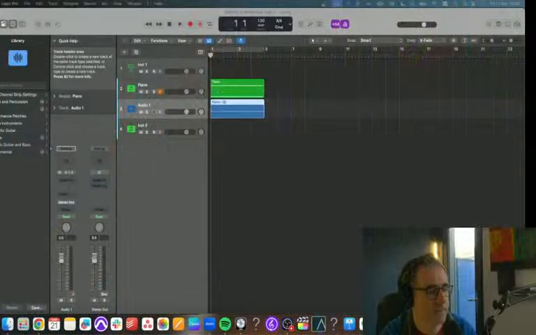And then I am going to open up an audio channel. Doesn't matter what input it is. I'm going to be importing my MIDI as audio. So all I've done there is created a MIDI note of G flat, because we're in E flat minor. And I'll see if I can find it. These things are never easy to find. Here we go.